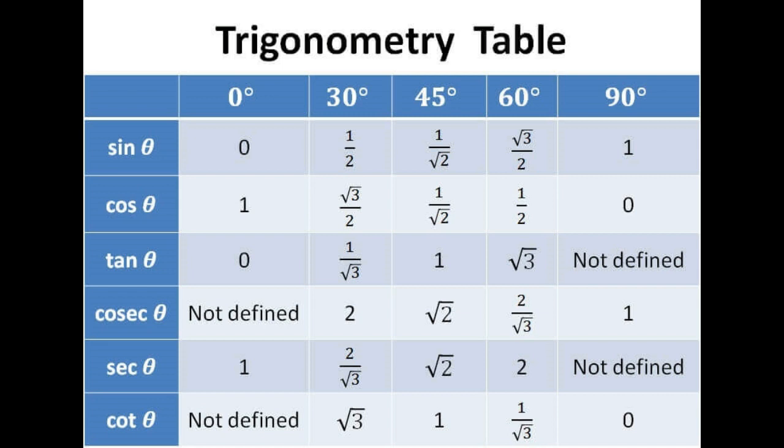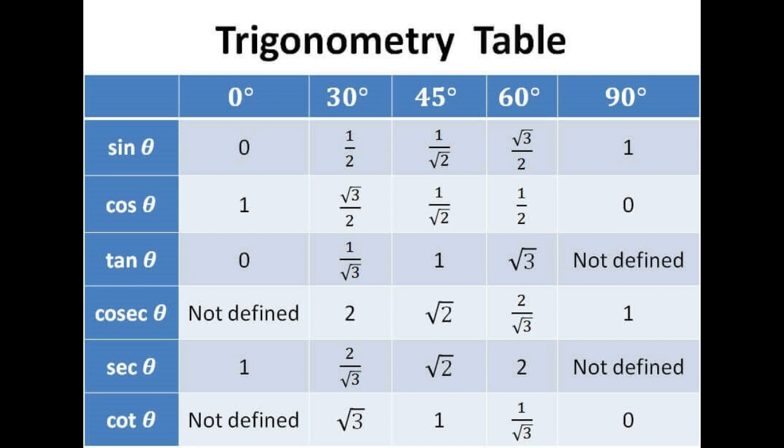0 to 90, that is why we are saying 0, 30, 45, 60 and 90. And as you can see here, 30, 45, 60, we have 15 degrees difference. In 30 to 45 we have 15 degree difference. In 45 to 60 we have 15 degree difference. In 30 to 60 we have 30 degree difference.